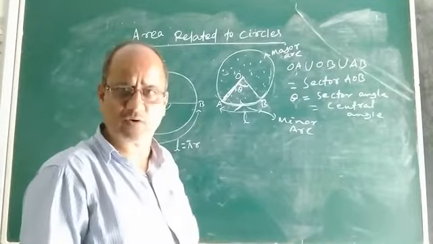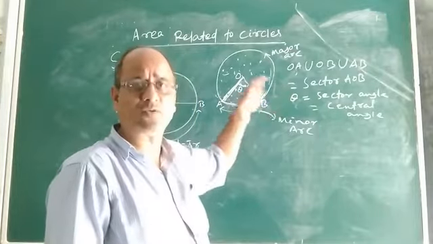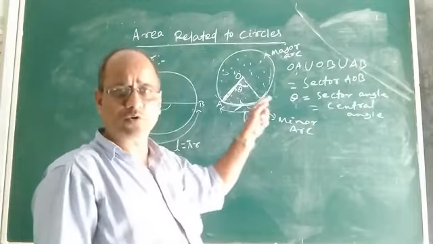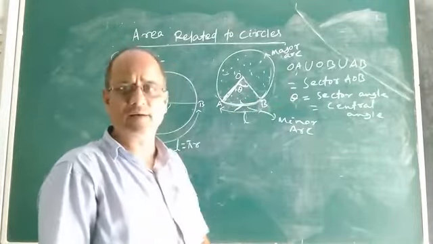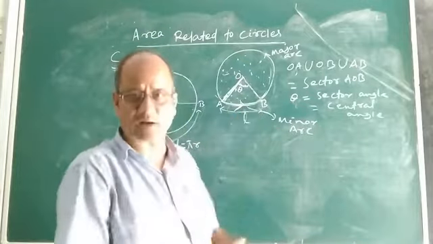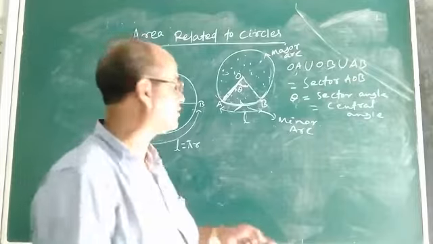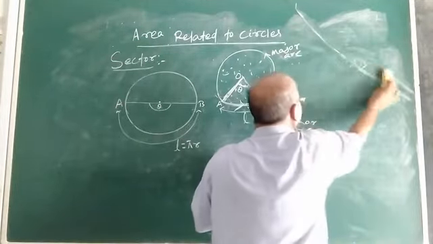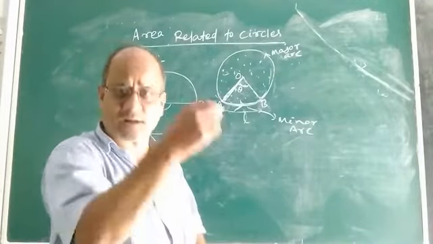Because if we do not know how to find the length of this minor arc, we cannot find its area. Before we go to find the area of a sector, first we must know how to find the length of an arc. What is the formula to find arc length or length of an arc of a sector? Now you have to understand what will be the formula to calculate the arc length of a sector.